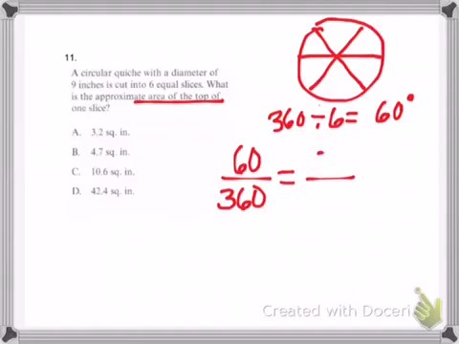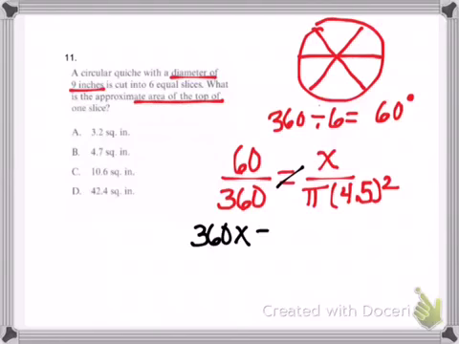equals x over the area of the circle, since I want to know the approximate area. So I'm going to say pi times, if the diameter is 9 inches, the radius has got to be half of that, 4.5 squared. To solve a proportion, I'm going to cross multiply. So that gives me 360x equals 60 times pi times 4.5 squared. And that gives me 1,215 pi. So to solve